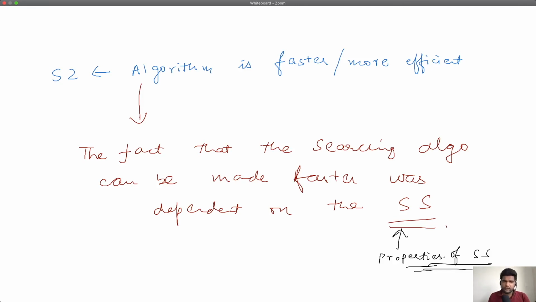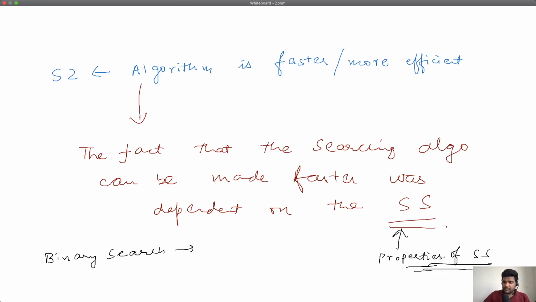The supermarket was organized, so you were able to search faster. So binary search is one such searching algorithm which is faster than your conventional brute forcing because the search space has certain properties. In the next video, we will go into the depth of binary search and see what those properties are, where you can apply binary search, and so on.